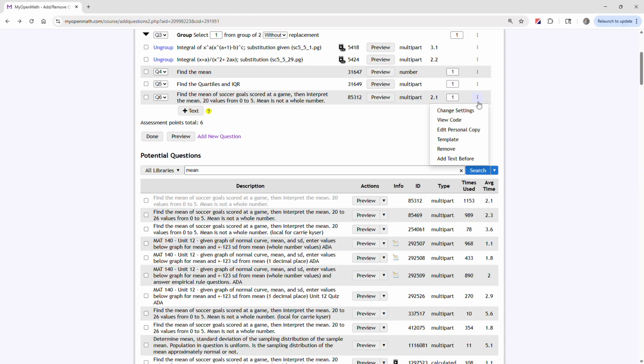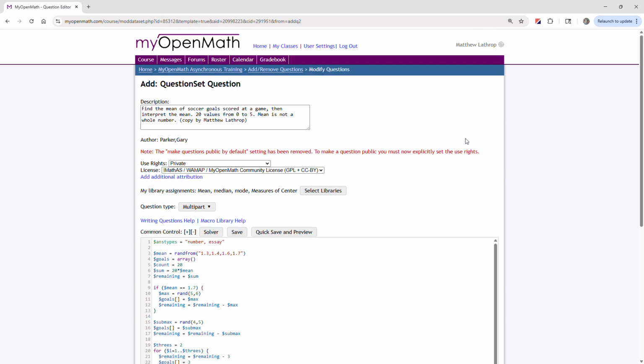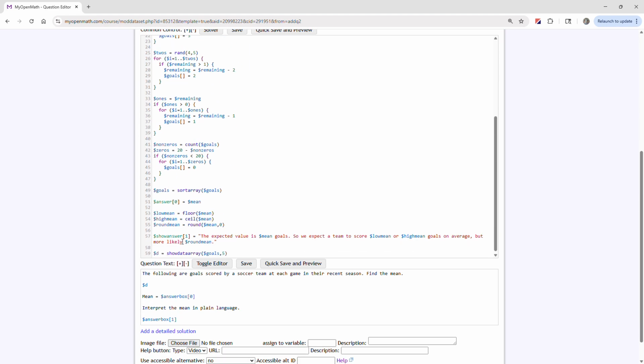As a quick demonstration, we'll just go ahead and select template for question 6 that's already in our assessment. We can see in the description for the assessment, the original description remains, but it adds some language at the end to let us know that we've created a copy. We have the option to change that language as much or as little as we want. But now we have a copy of this question that we own,